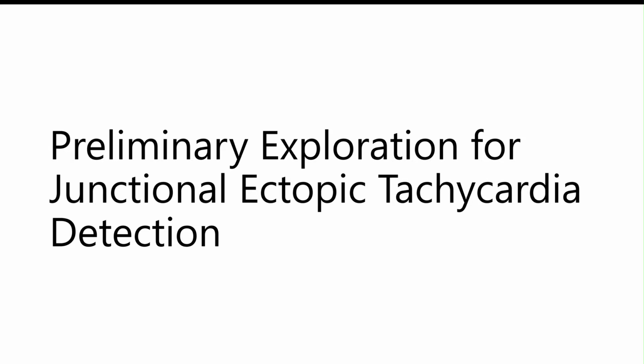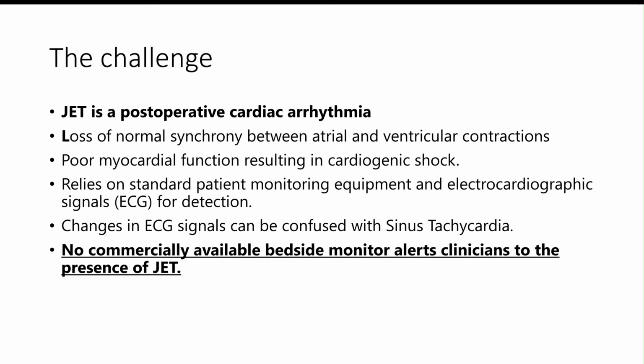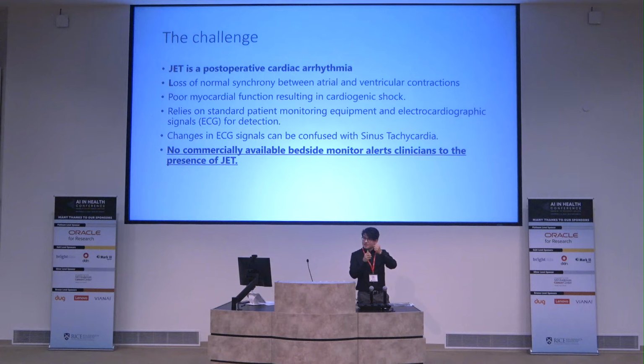So now, how can you use this for this type of exploration of junctional ectopic tachycardia? We have physicians in the room, so let's say the easiest explanation is something like, the heart has two parts, the top one and the bottom part. The two beats that we hear in the heartbeat are the top one sending blood to the bottom part, and then the bottom one sending the blood to the rest of the body. So JET is when these two things beat at the same time, right? Instead of top one and bottom one, both of them beat at the same time.